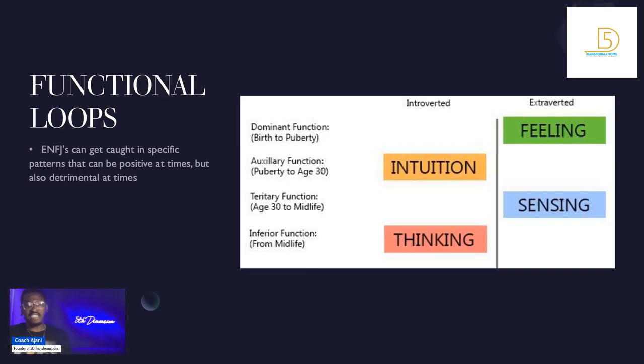So whenever you're in a scenario where you're constantly having all these experiences going into overdrive and you need to slow it down, it's very important that you tap into your introverted intuition in order to unlock your thinking. And what you do is you have to tap into meditation, quieting the mind, getting away from everyone and being in solitude. And by being in that solitude and by closing your eyes and blocking out all the sensory experiences and just being in your mind, you're able to now have a stillness.